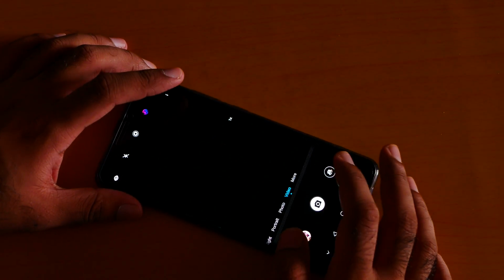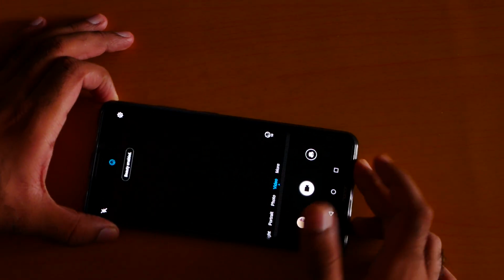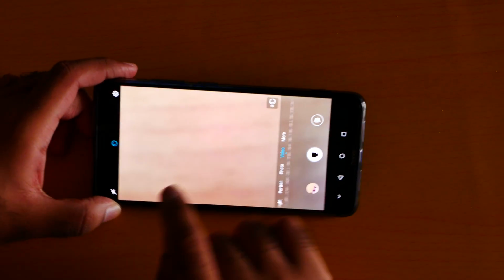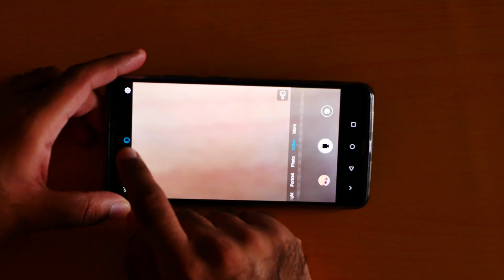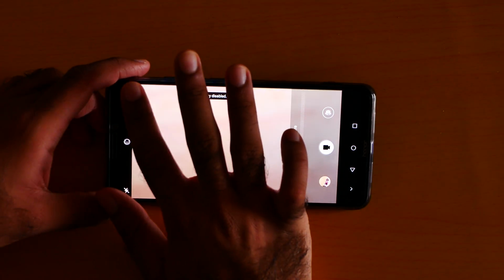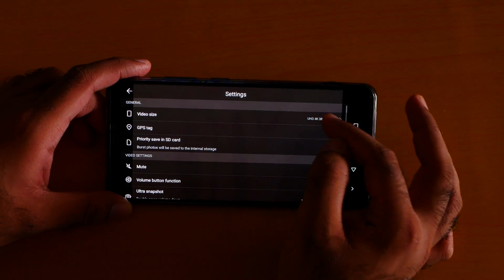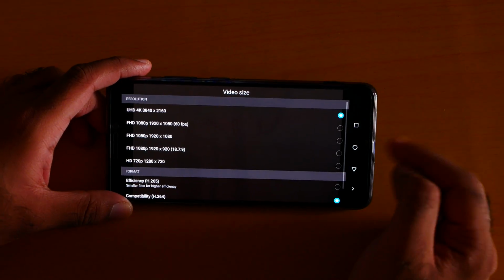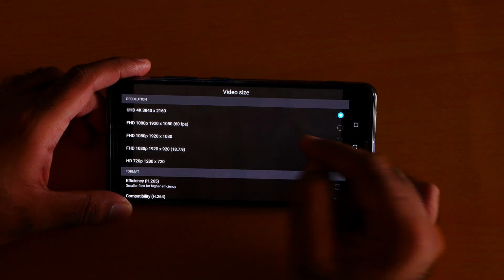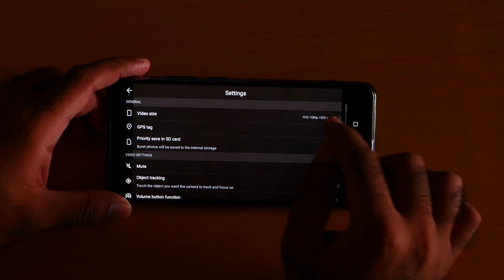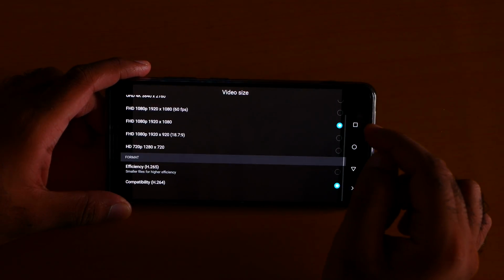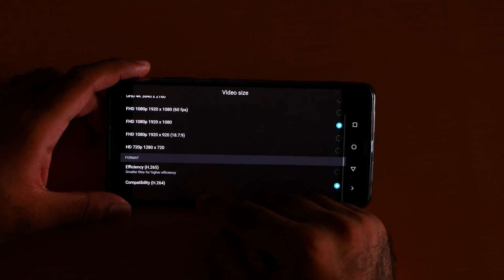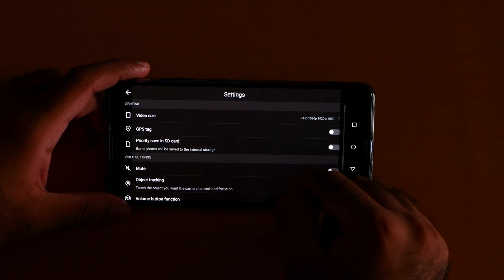I mean, if you're using the video, mostly you cannot turn on the stabilizer because there will be a beautification mode on. First turn off the beautification mode, click the setting, go to the video size. You can only use the video stabilizer in full HD. Click the full HD. Again go to the same area, make sure the video is 2.64,